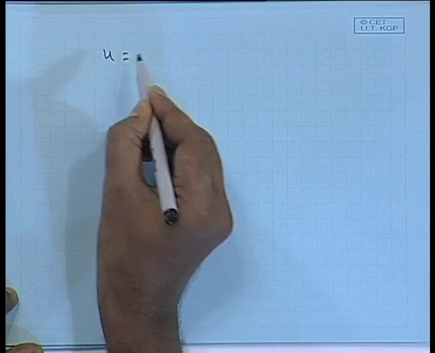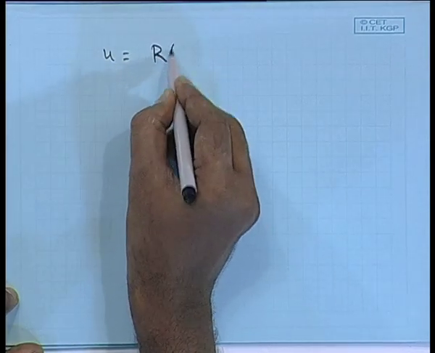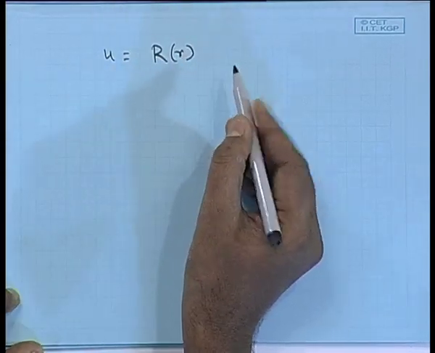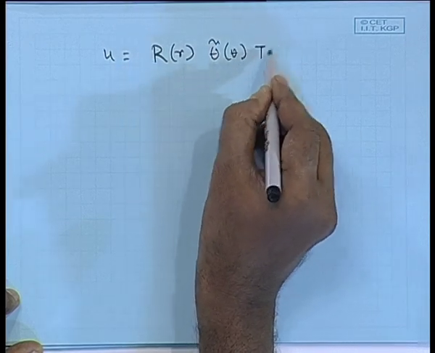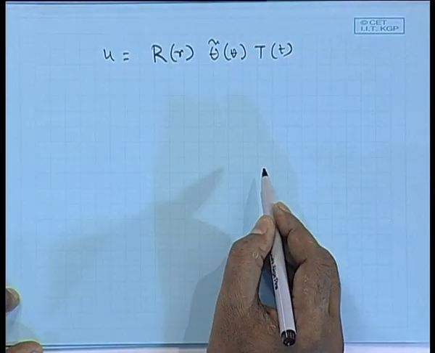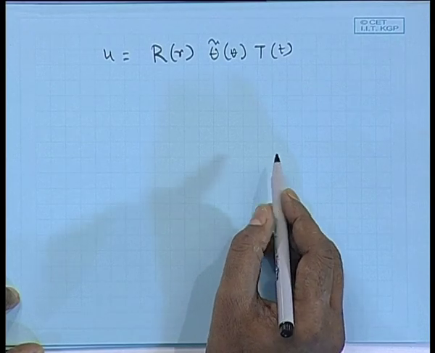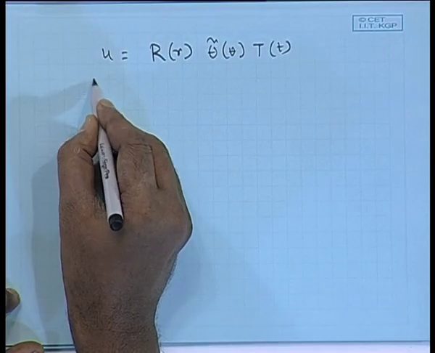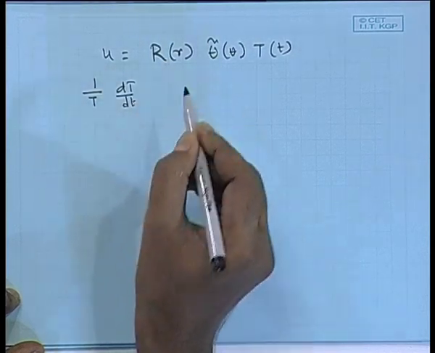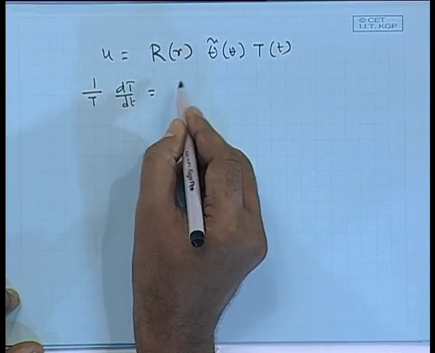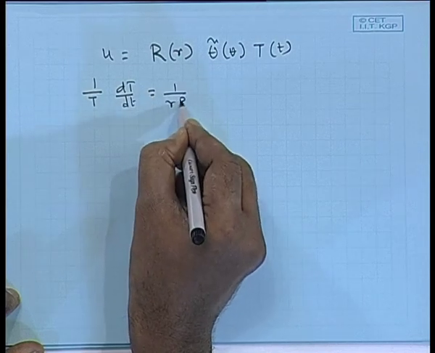Now, again we can solve this problem by using separation of variables. One will be the r varying part, another will be the theta varying part, another will be the time varying part. Okay. Now, if you substitute this in the governing equation, it becomes 1 by T dT/dt,